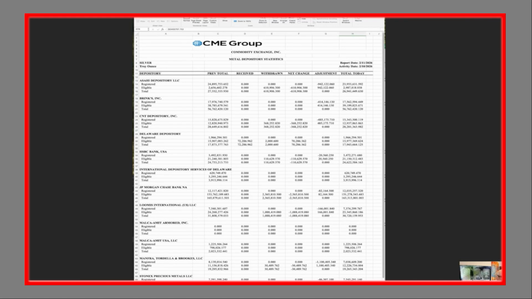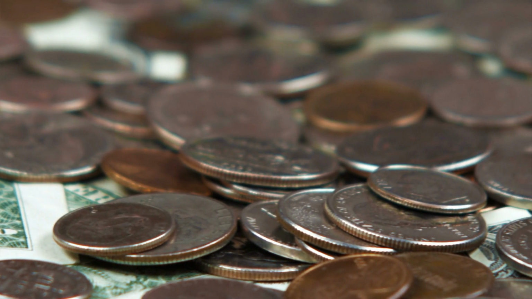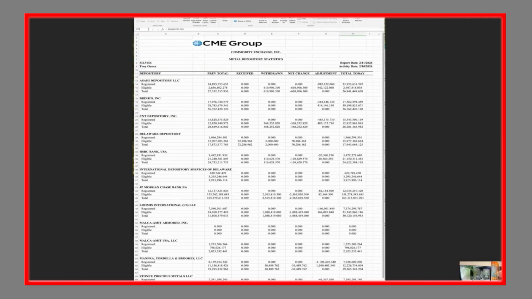Registered is the type of silver which can be delivered to meet a futures contract. But there's also on the CME 283 million of eligible silver. That's silver in the right shape and form, but it's not warranted. It can't be delivered unless it's converted to registered by getting the appropriate warrant. But in general, where it's eligible, it means it's held by people who don't intend to deliver it as a consequence of one of the futures contracts. But they can change their mind and they can move it backwards and forwards.